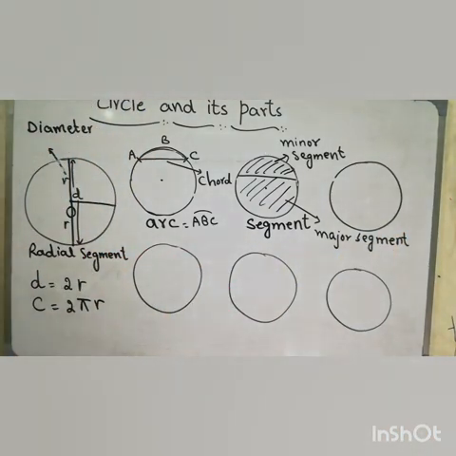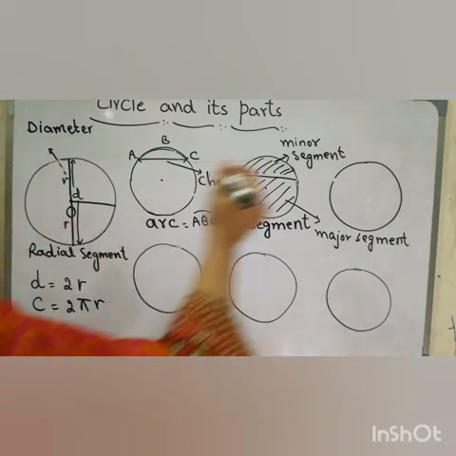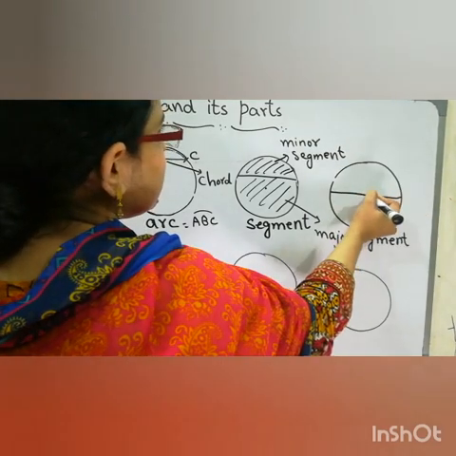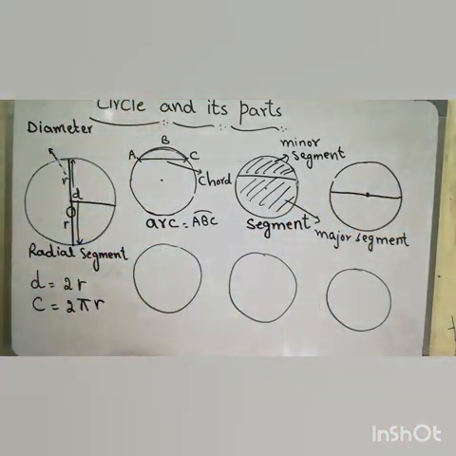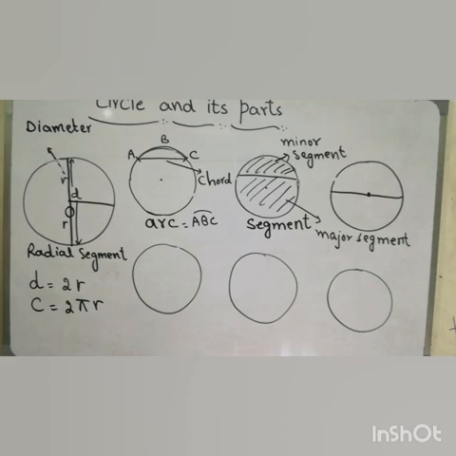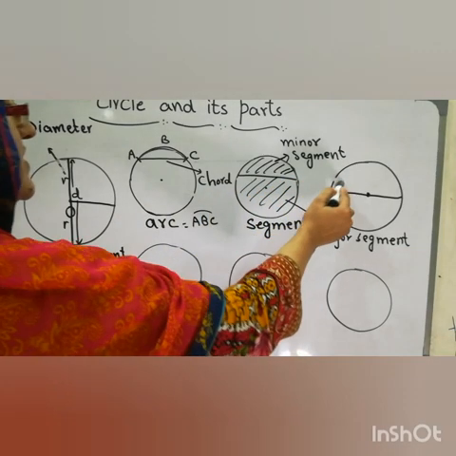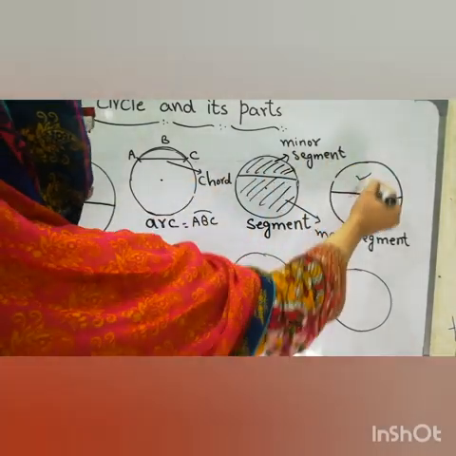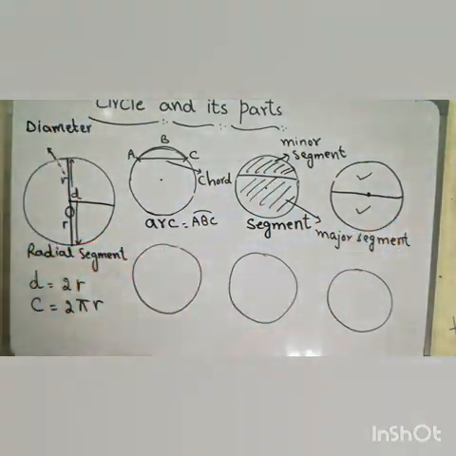Whenever we cut a circle to make its segments, we will get two segments. One will be the minor segment and one will obviously be the major segment. And if we cut from the center, this line is called the diameter, and this portion is actually not a segment, this is a semicircle. This becomes a semicircle because this is half a circle. This is also a semicircle and this is also a semicircle.